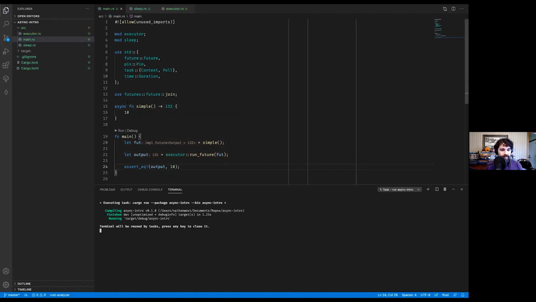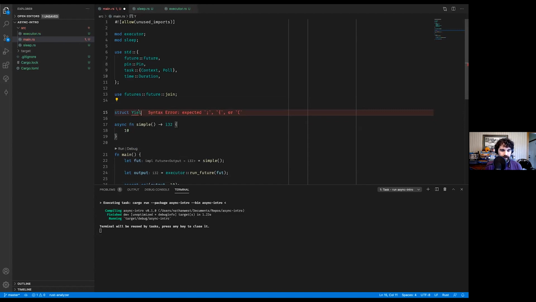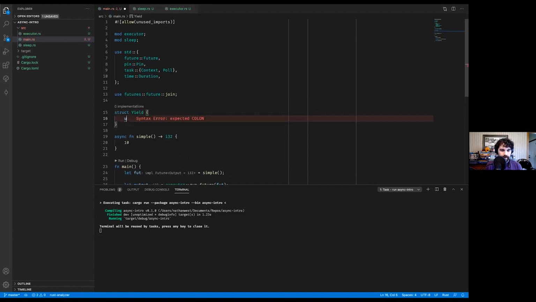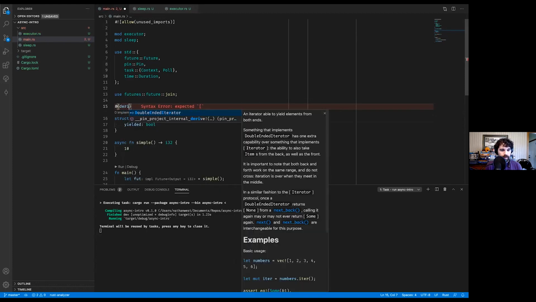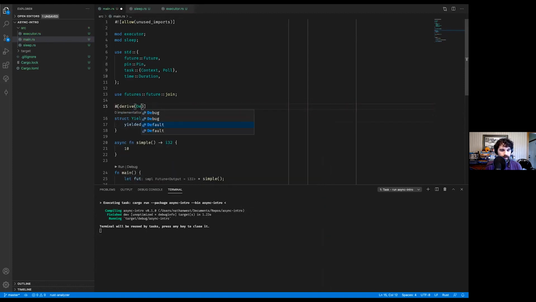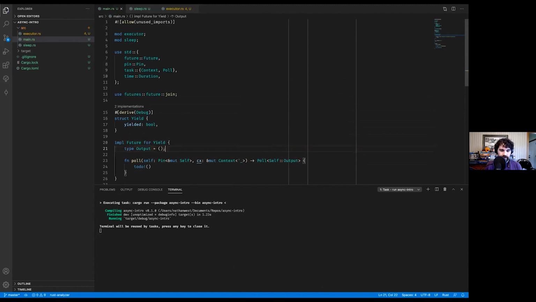We can make this a little bit more fun. We can actually show an await in here. So we're going to make our own future real quick. We're going to make a super trivial one that just returns pending once, immediately notifies, and then returns ready. So we're going to go ahead and make a Yielder. Yielded is a bool. And we will impl Future on it. Okay. We're going to output nothing. We're just going to say it's either done or it's not.